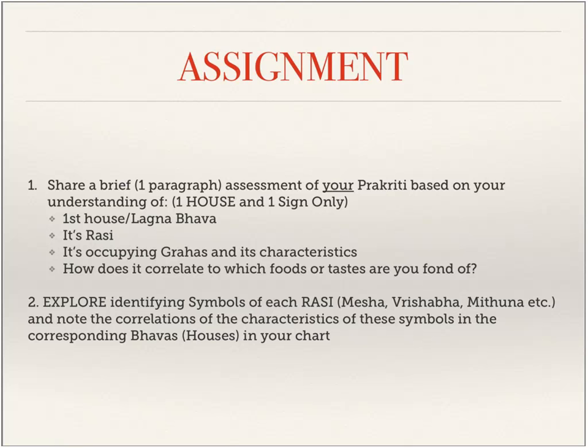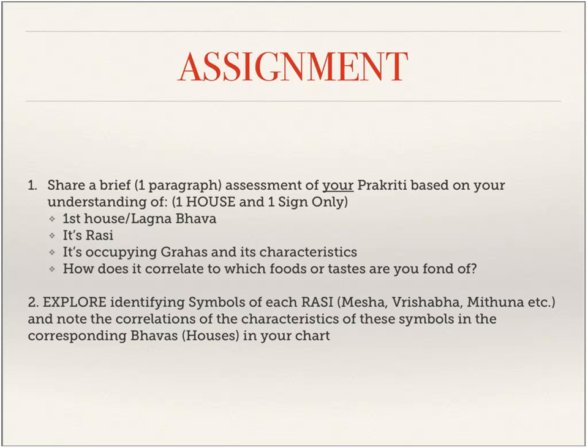I want you to expand your perspective, your idea of darshana when you look at a patient, when you look at a client or whoever is in front of you, to develop a sense of compassion of where that person's state of suffering, or where that person's perspective of the world that is different from yours, is coming from. So as your assignment,